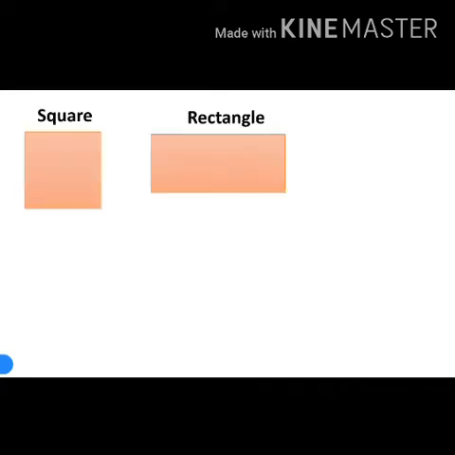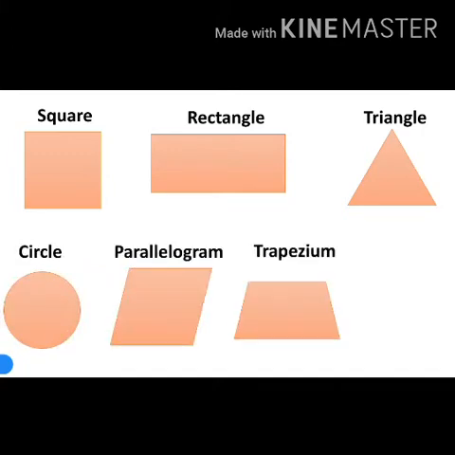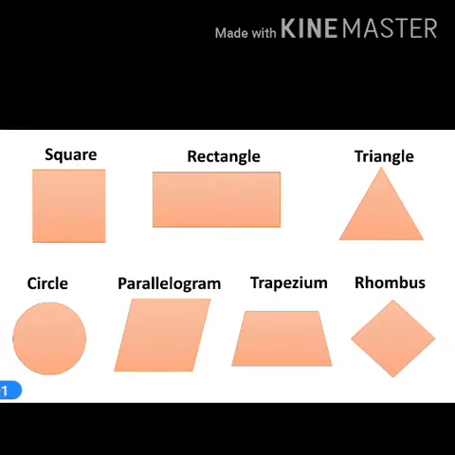In our day to day life, we use infinitely many things of shapes like square, rectangle, triangle, circle, parallelogram, trapezium, and rhombus, etc. Don't we? We use them separately as well as with two or three or more shapes combined together. Today we are going to learn about combined shapes.